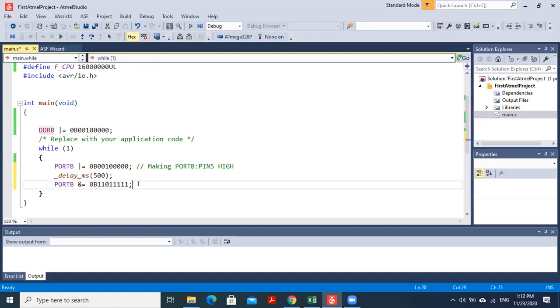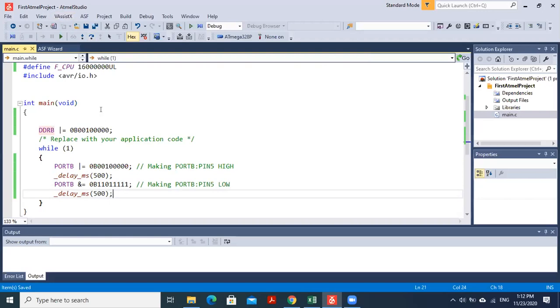So this is how I make PORTB pin 5 low, right? And again I'm going to wait for the same time, right? And then it will keep on running.